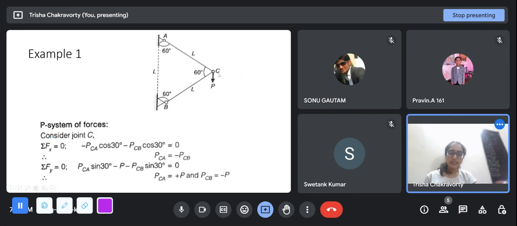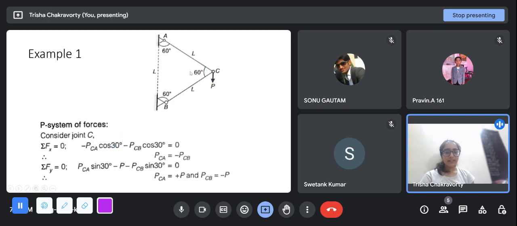At this point we have two equations of equilibrium in the method of joints. At each joint we have two equations: summation of the forces in the x direction will be 0, summation of forces in the y direction will be 0. So consider this, sigma Fx is 0. In this, P is being applied in the vertical direction, so it does not have any component in the horizontal x direction. But this CA,